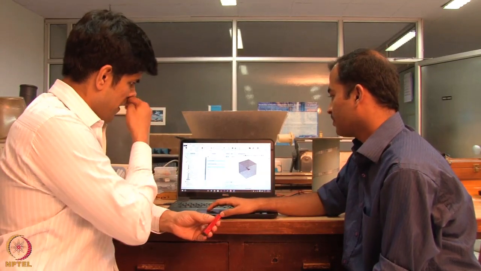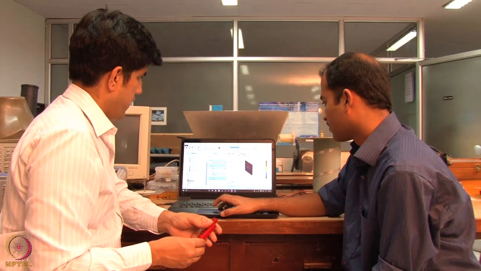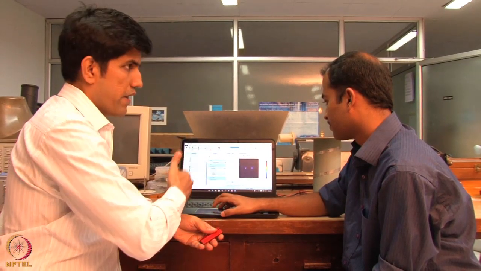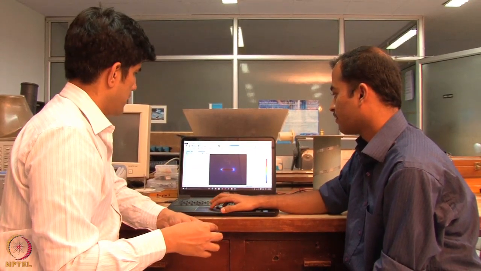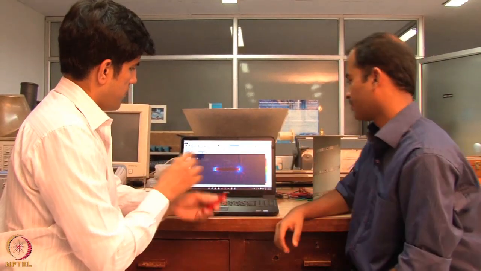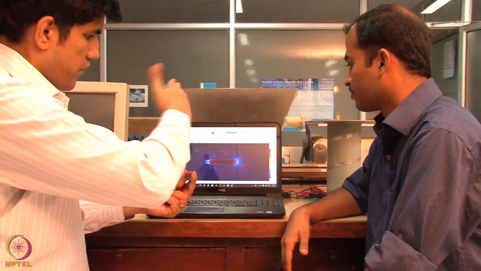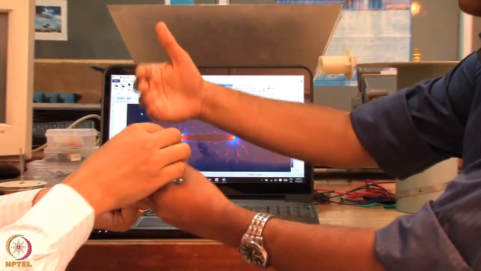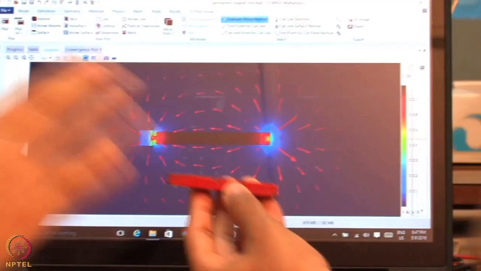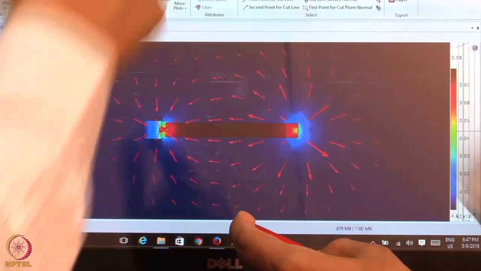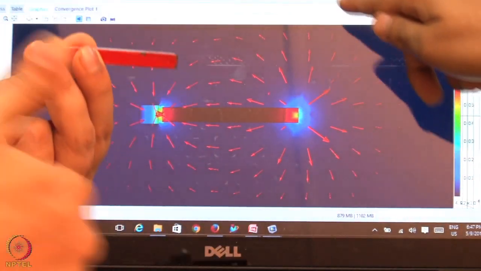Can we see the results? This is giving you the magnetic field B for different planes. I have just plotted this in a single plane, but we can see it in 3D also. This is one plane, sitting on this particular surface. You've taken this surface and calculated the magnetic flux. It goes from north to south, diverging away and coming